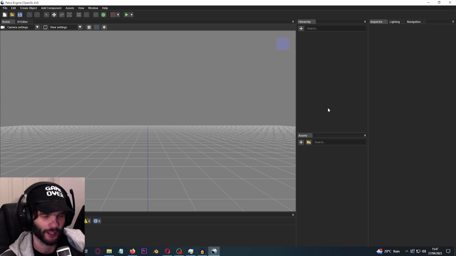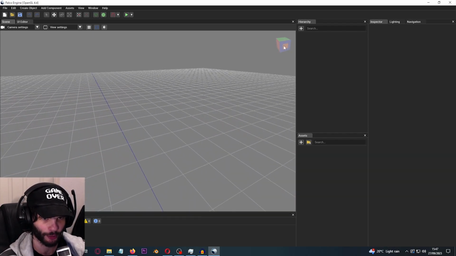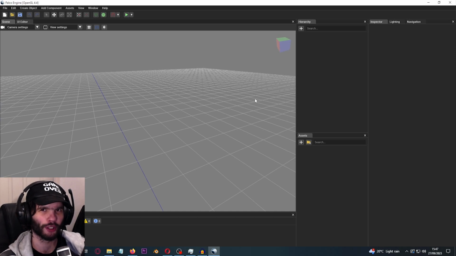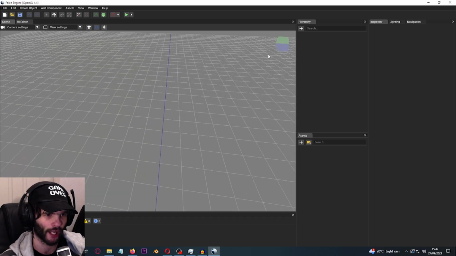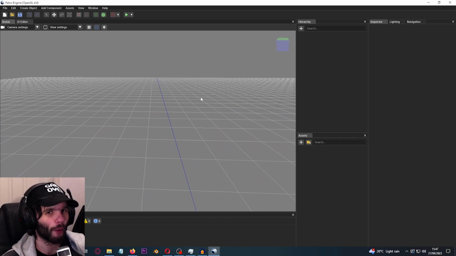Okay, so now we have it open. This project is simply called My Game, that's what I called it, and it was fairly quick to load up, which is nice. Of course it moves around like the normal Unity engine, and this thing in the corner is a sort of rotator. It's like in Blender where you can hold down and it rotates around a point, which is also pretty nice. So what I want to try and do is, first of all, we've also got a UI editor over here, which is